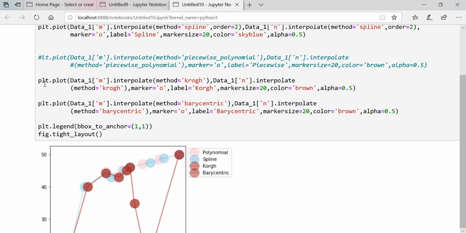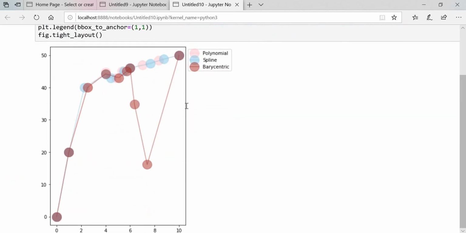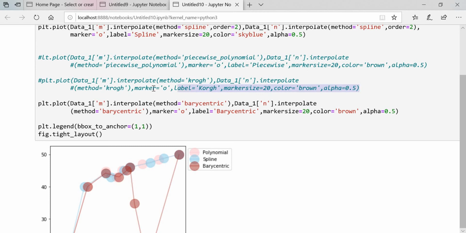Let's see how this will work. I will comment this out as well. You can see this is the same as what we got before in the cog method, right?